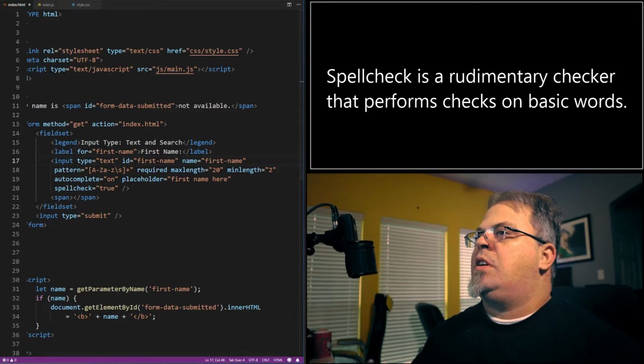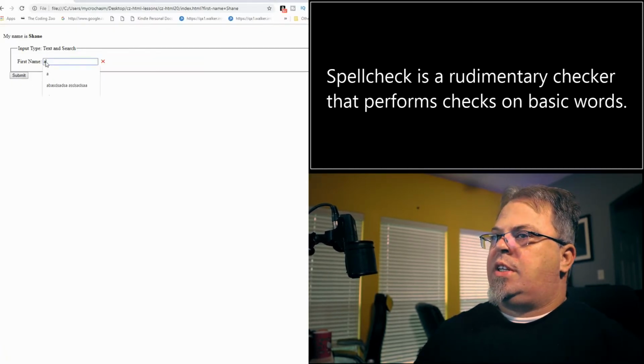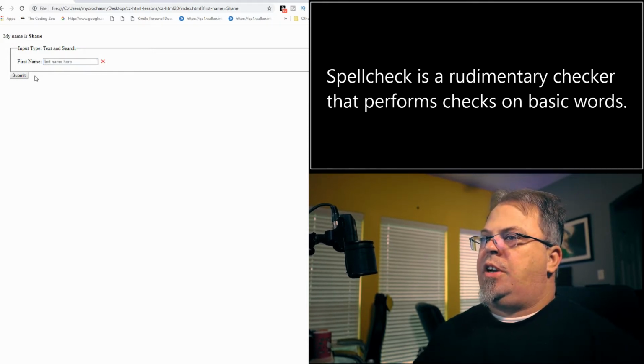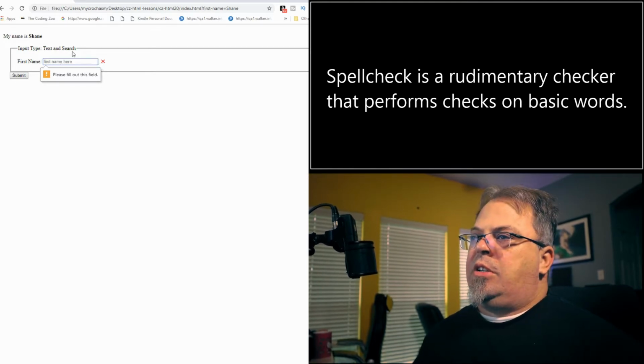Save it, click refresh, and it says first name here. Now you'll notice when I type, that goes away. And you'll also notice that the X is still there. I can't submit it. That's not actually the value of this form. It's just a little instruction to tell the user what to do. Now,